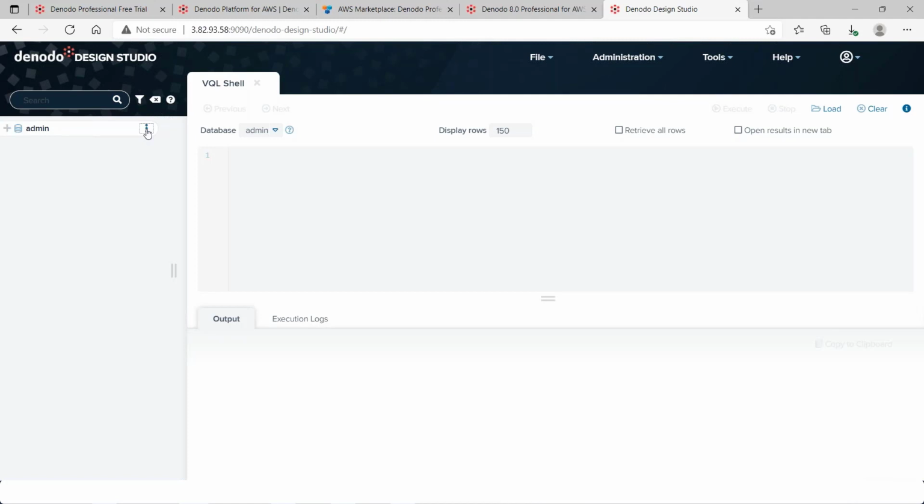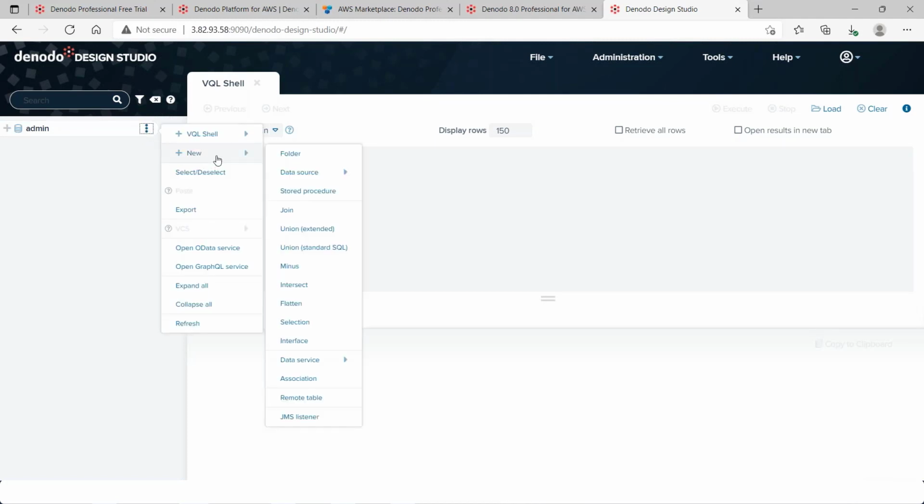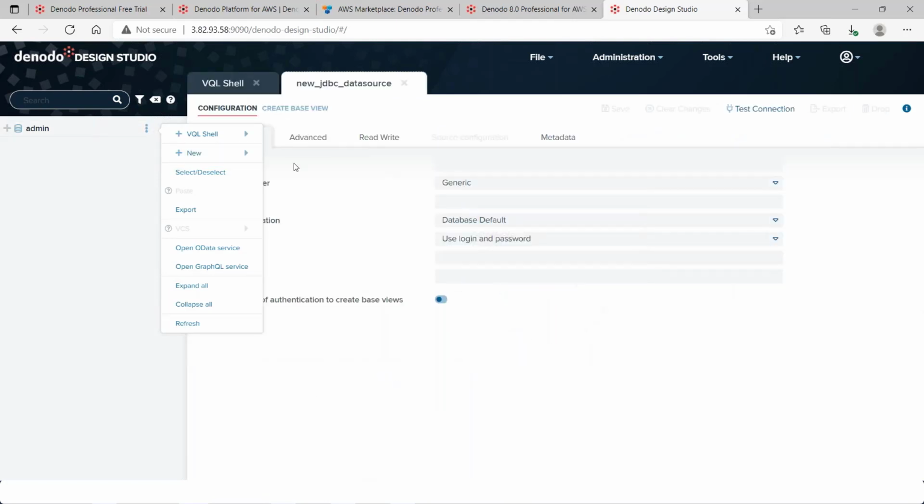If you need to further continue, you could use your admin default database that's created out of the box, and I can say, okay, I need to create a new connect string and so forth. So wish you all the best. You could get started with your cloud integration using the Denodo data virtualization. This is your Denodo Professional free trial.